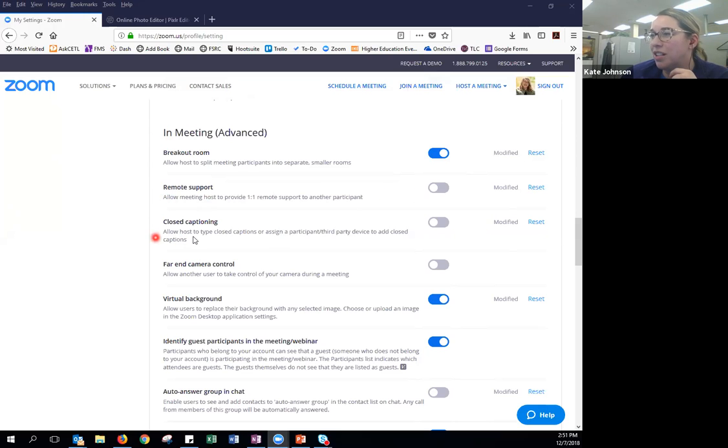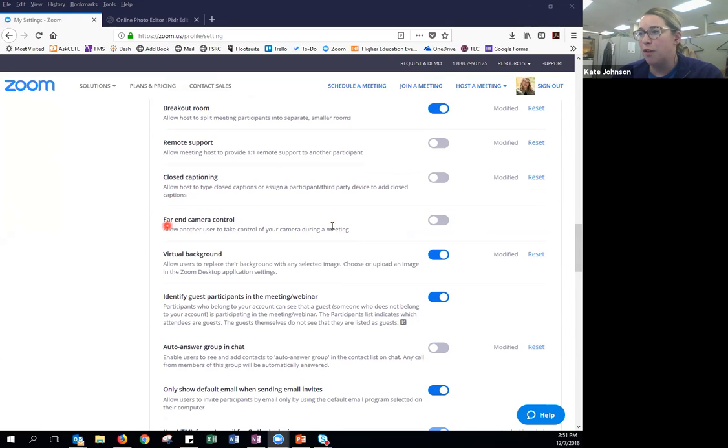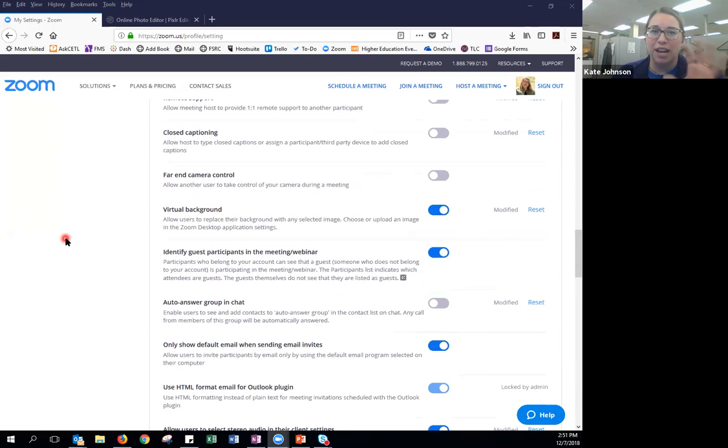Remote support, closed captioning. So you can have somebody actually go in and type what everyone is saying. I type fast, but not that fast. Far end camera control. Again, it's really only something if your camera has pan, tilt, zoom options, but I don't think you'll see it all that much. The virtual background, again, only works if you have